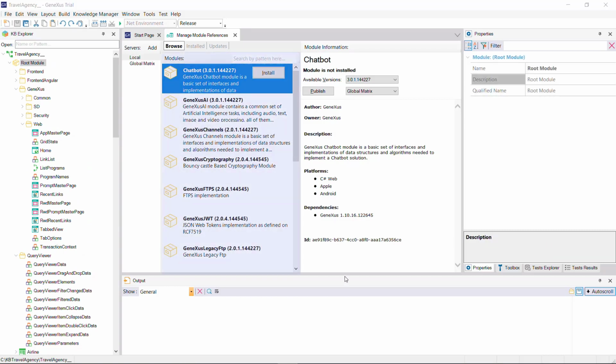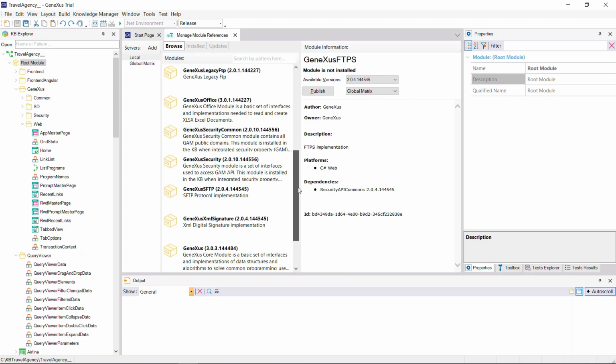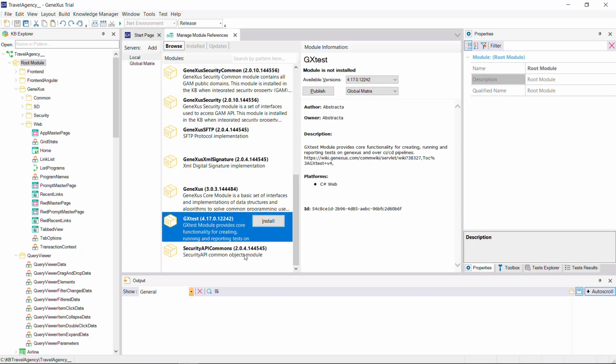We cannot modify the objects of these modules. We view them as read-only, and they are already compiled. So, when we press F5, it's not necessary to specify or generate them, and so on. However, we will be able to use them freely from the objects in our application, using all the functionalities they have available. Any member of the community may create, share, or even sell his or her modules through Marketplace.